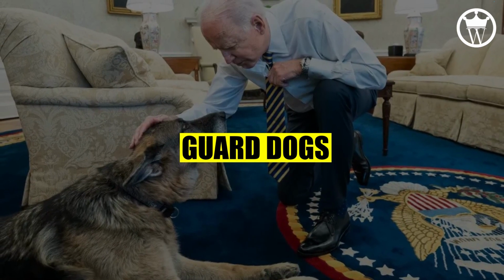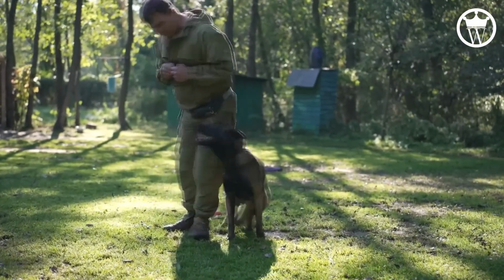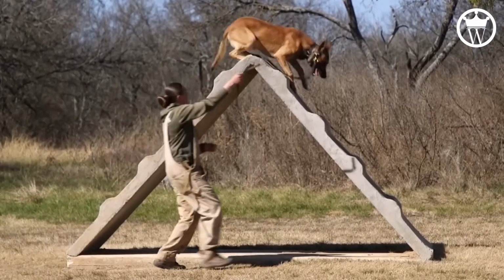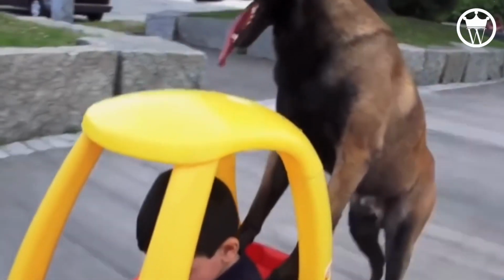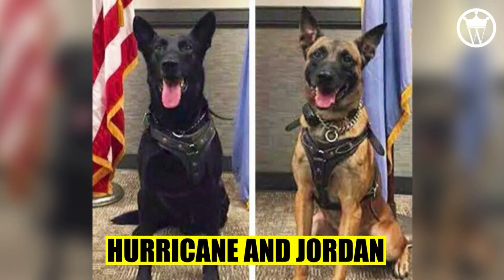Number 7. Guard dogs. Belgian Shepherds have been used by the Secret Service as guard dogs since 1975, and while they may be professionally trained animals ready to chase, bite, and tear up an attacker, they're still safe enough to interact with children. In more recent years, the dogs Hurricane and Jordan rescued President Obama when somebody managed to scale